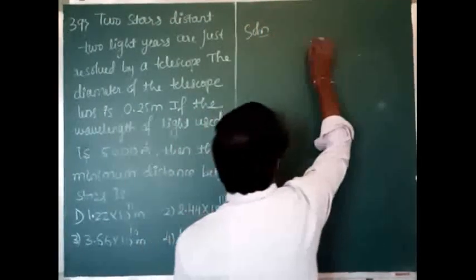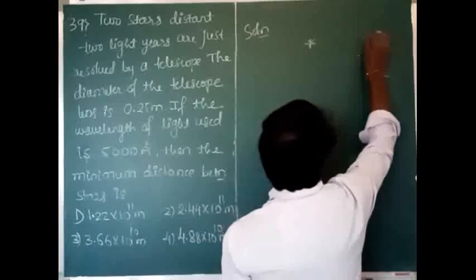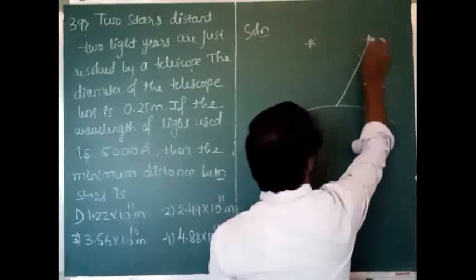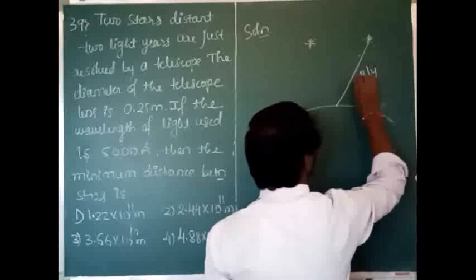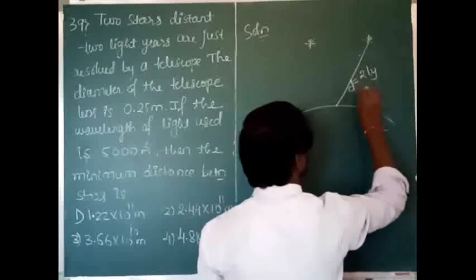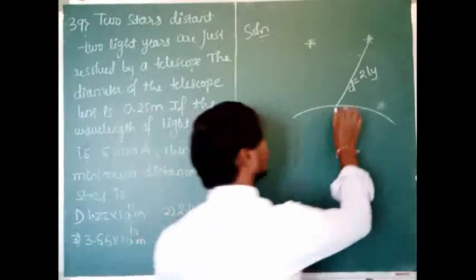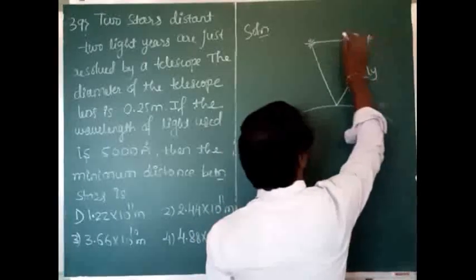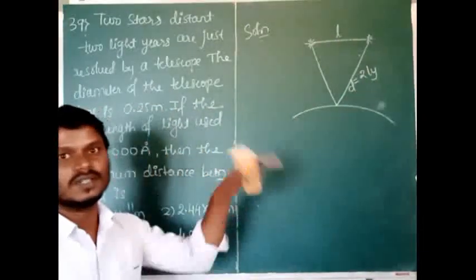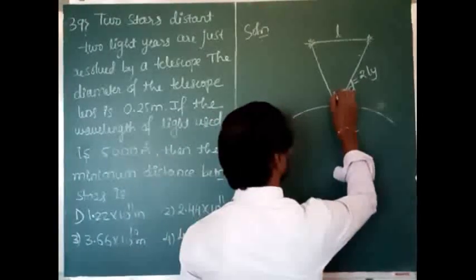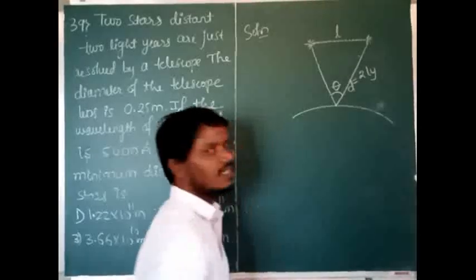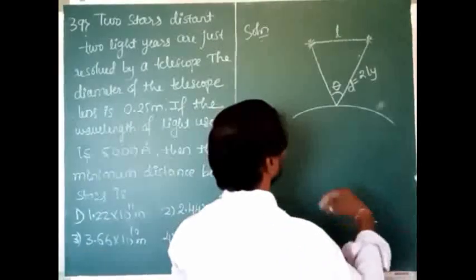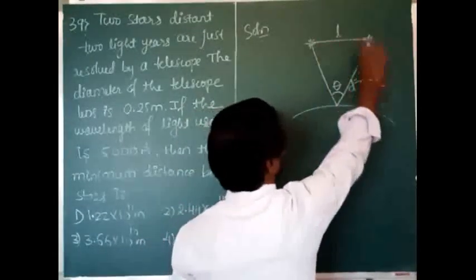Let us consider there are how many stars? 2 stars. Both are at the distance of 2 light years. Then this distance I will take, that is small d. So that is 2 light years. Then there is a minimum distance between them. This minimum distance can be taken as L. We are going to find the L here. So it is the angular divergence that can be taken as theta here. It is called limit of resolution. Limit of resolution of telescope. Okay. So we are going to find here the minimum distance between the 2 stars.